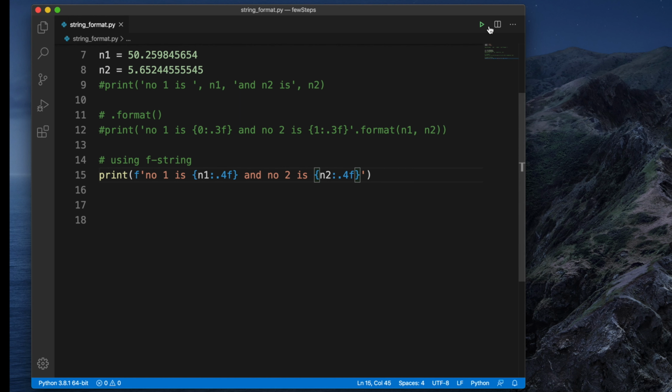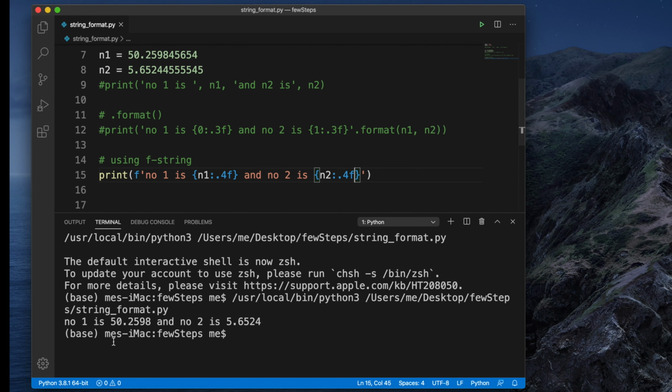So let me clean this and run this Python script, and we're seeing that this is one and this is the other. After each decimal there are 4 digits, but the actual number has more decimal values, right? In this way we can format the whole string. This is the most used thing in our daily life when we do Python programming. Many times whenever we catch data from a website, or we need to display some data, we need to format our data in different ways. That's why I showed you this.